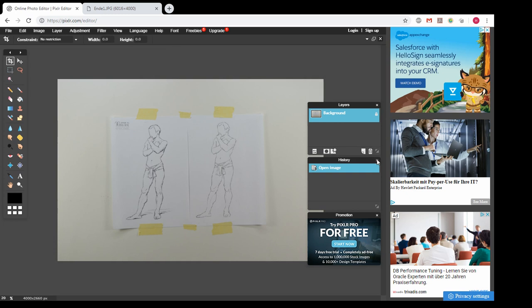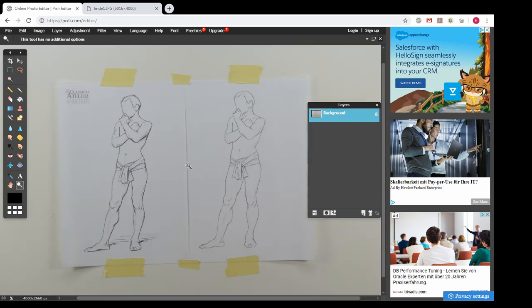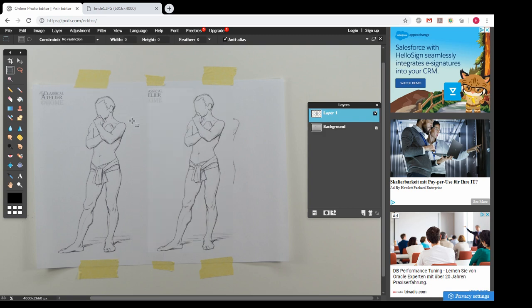We only need the layers palette. Let me zoom in, and with pressing the spacebar you can position the image as required. Now press M or select the marquee tool in the tools palette. Make a selection over the Bargue reference and press Ctrl C and Ctrl V to copy and paste the selection